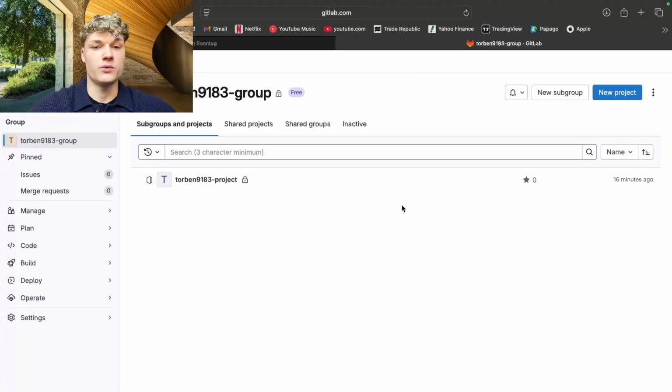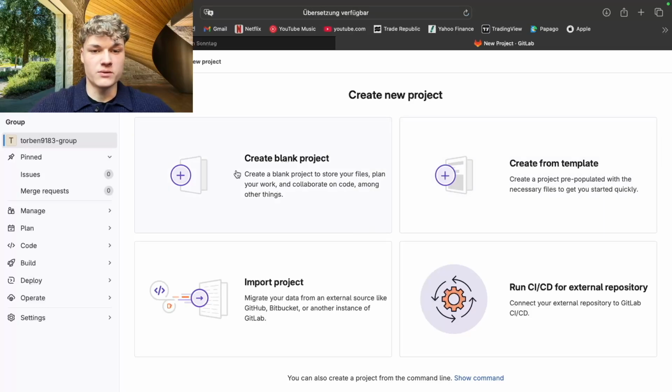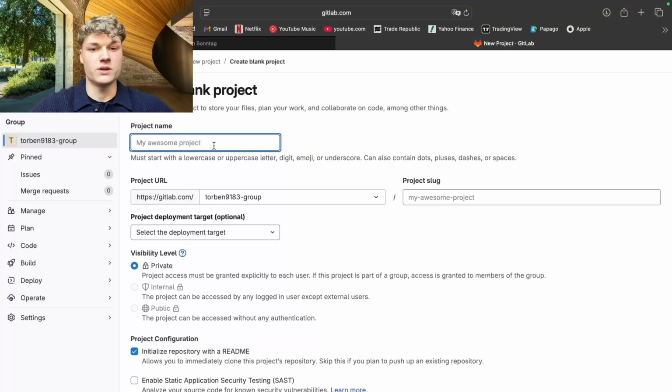Now, as you can see, we created this group here with the project inside, because groups are always above projects. This is the hierarchy, and if you want to create a new project, you can just click this button at the top right, new project, and create a blank one. Then you just have to give it a name,